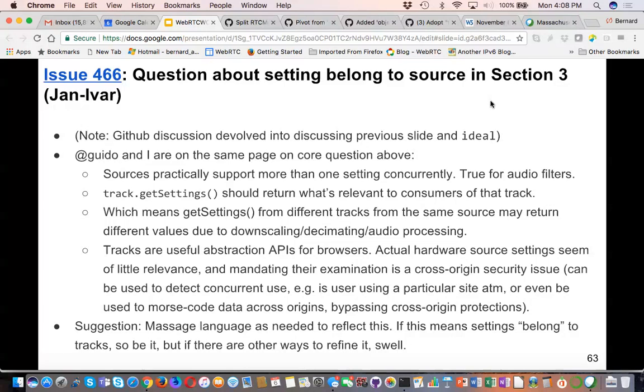I'm going to argue with you: in the case of audio, you can actually have different settings. Or with certain video cases, if you're doing software processing on it, then it's not really the same source.